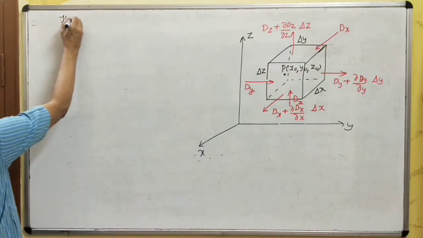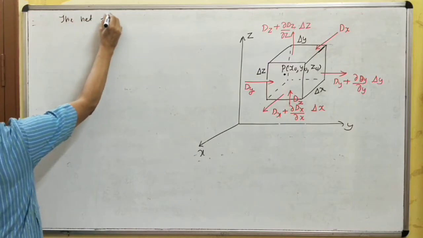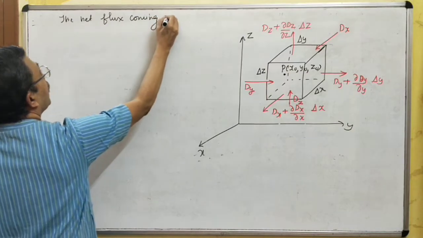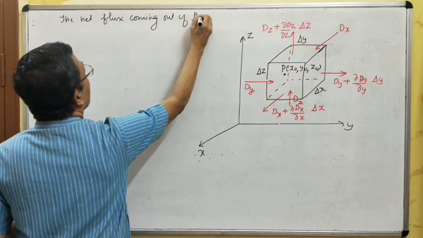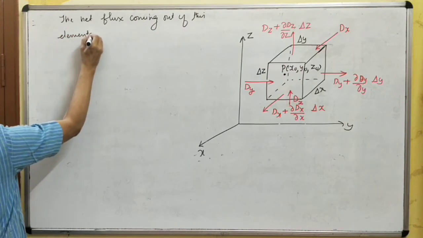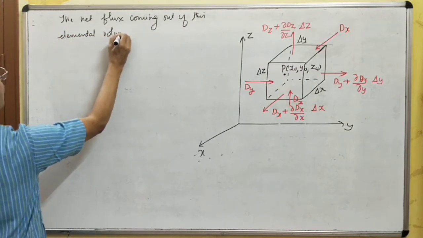The net flux coming out of this elemental volume is